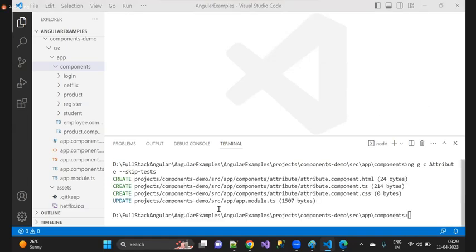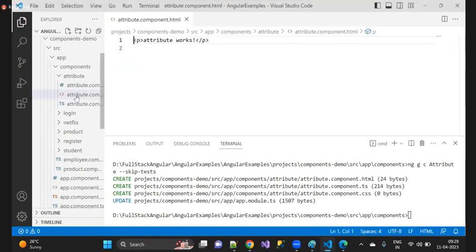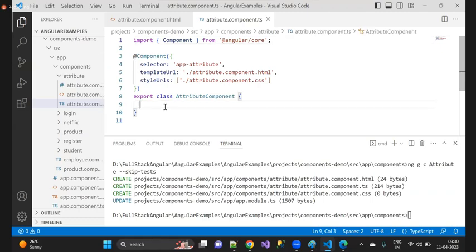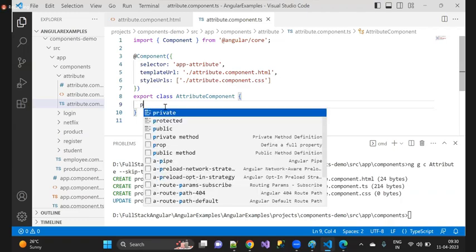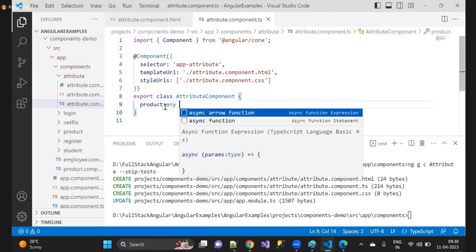Now you can see a component is getting created with the name attribute. We have the HTML and we have this one. Now what I want to do is write something like yesterday's example. I'm going to combine all those things here by writing a simple object, so that everyone comes to know. I'll create a simple object here. Maybe the name of the object is going to be product and the type is going to be any,